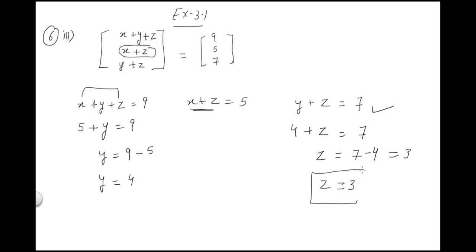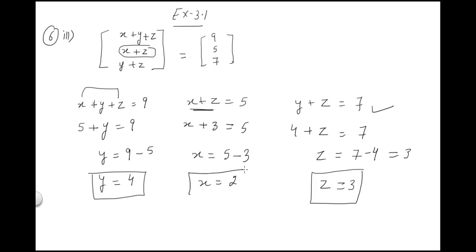So, we have z value, we have y value. Using the value of z as 3, we can write x plus 3 as equal to 5, and from here x will be equal to 5 minus 3, which gives x as equal to 2. So the values of x, y, z are 2, 4 and 3 respectively. Clear? So what we have done is equated or compared the corresponding elements of both the matrices. Clear? Let us do another question.